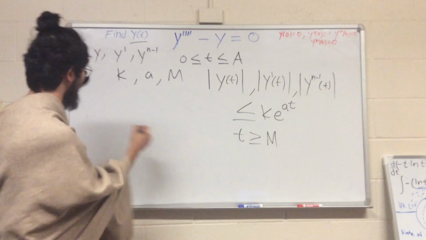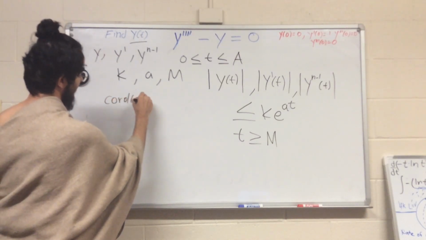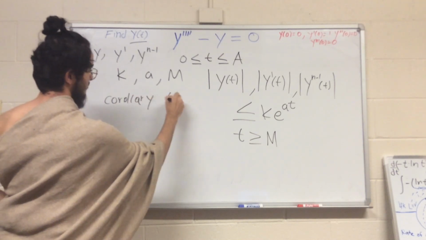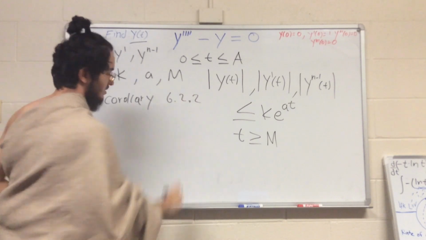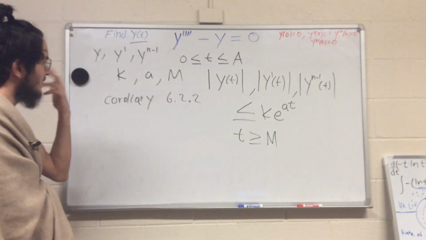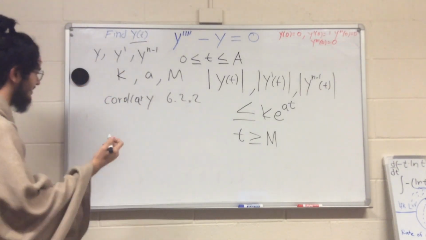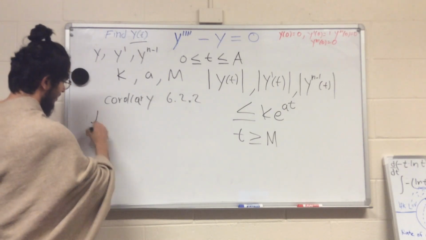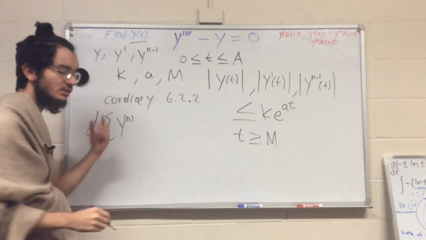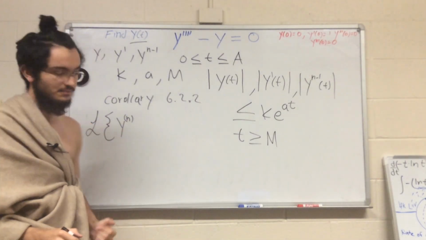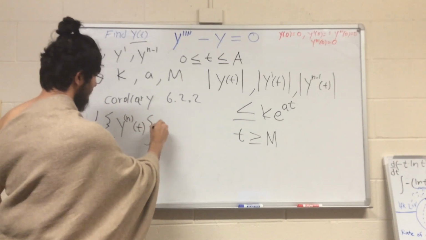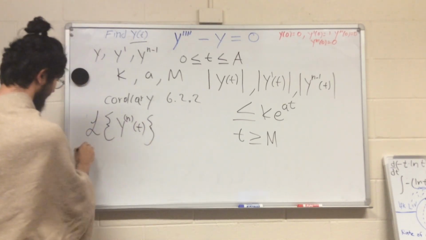So this is called corollary 6.2, which is in the textbook that I'm using. So that's just a corollary. And then from that, we can say that if we take the Laplace transform of the function y to the power of n, it's not a power, excuse me, the nth derivative of the function y with respect to t, this is going to be nothing but